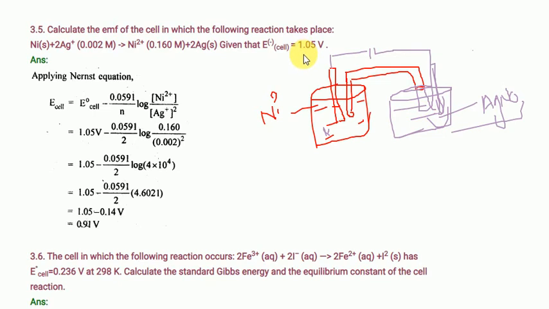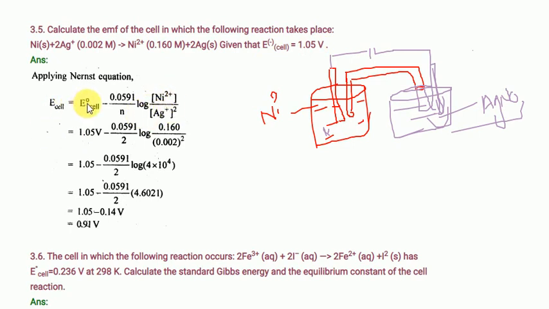I want to know, if you increase the concentration of nickel and decrease the concentration of silver, how much total potential is generated. I don't know, so to find this we need one small equation. That equation is nothing but the Nernst equation. In this Nernst equation, the mention is cell potential. If the concentration of both is 1 molar, this much volt is produced. After changing the concentration, how much volt is produced, you have to find here.